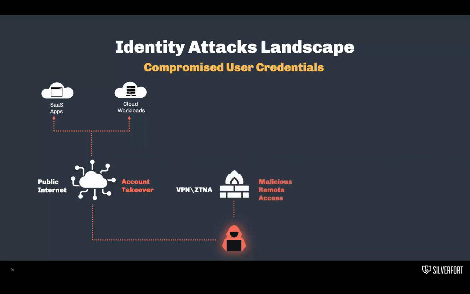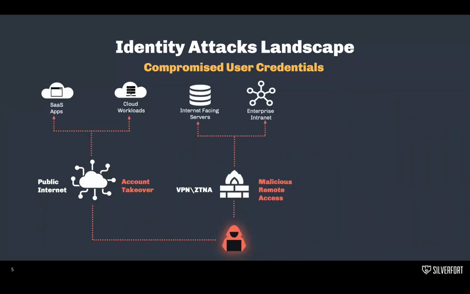The second type of attack is malicious remote access. In that case, the attacker has compromised the credentials of either the VPN or ZTNA. Now, in the last year, with COVID-19 roaming around the world, this type of remote access has become more and more prevalent, resulting in numerous cyber attacks that we've seen. And these credentials are highly targeted by threat actors of all types and kinds. Now, when the attacker is using these compromised credentials of the VPN or ZTNA, he will access either internet-facing servers or the